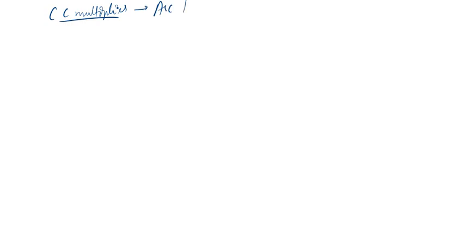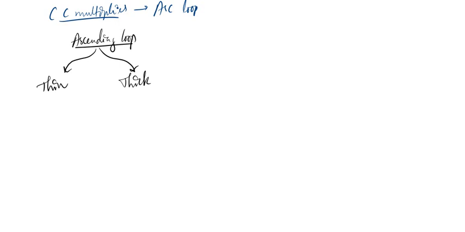Now what happens in the ascending loop? You have two segments in the ascending loop, one is thin, another one is thick. The thin ascending loop helps in transport of sodium and chloride